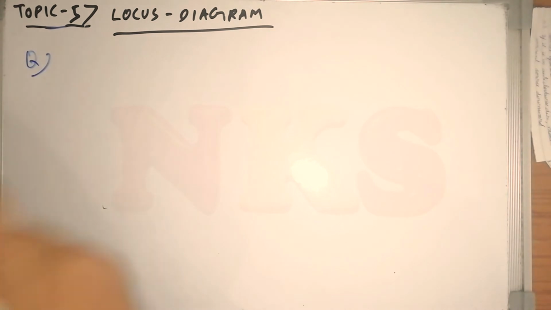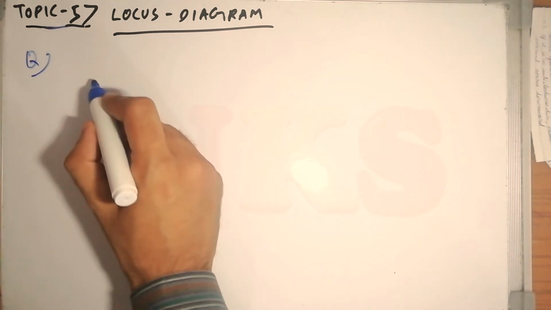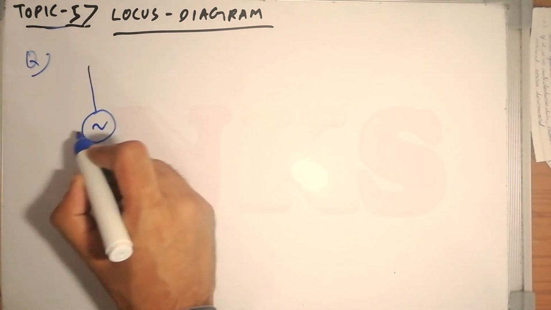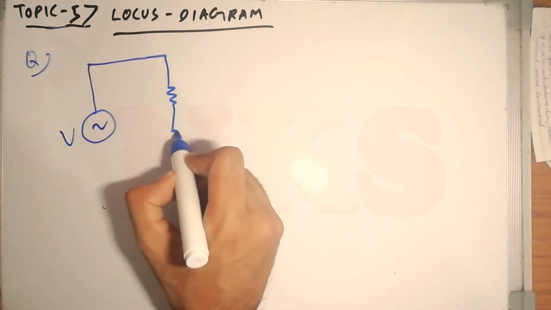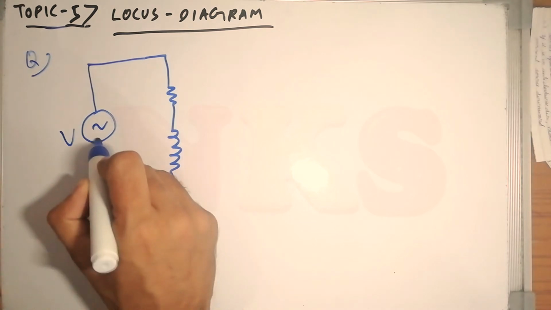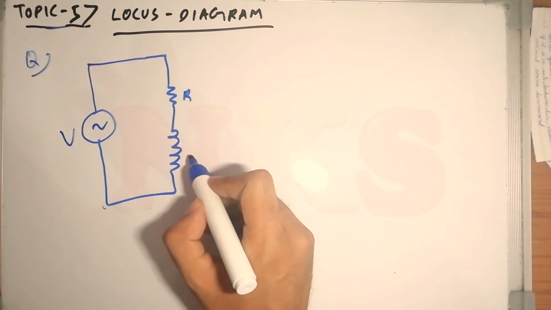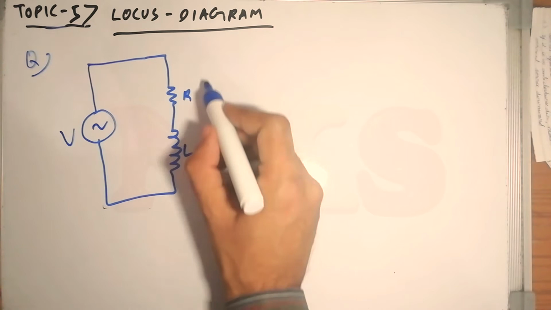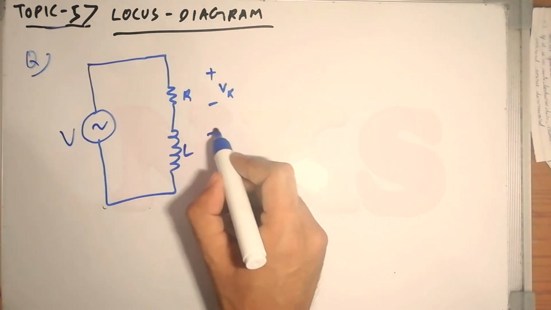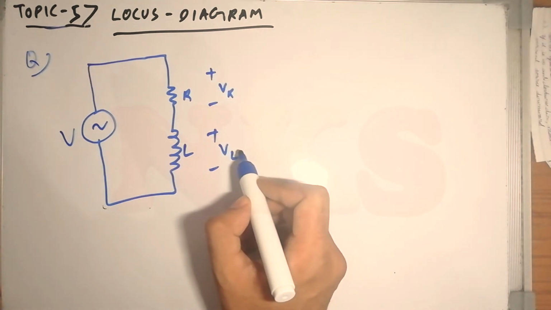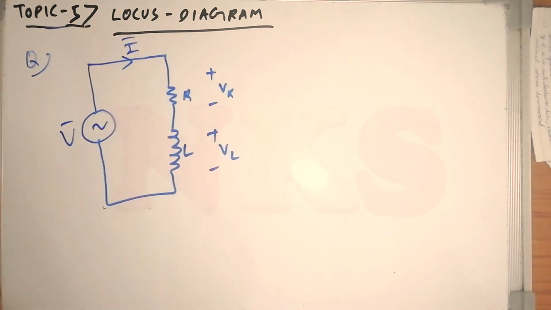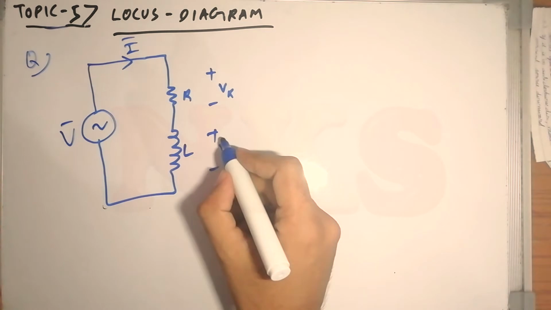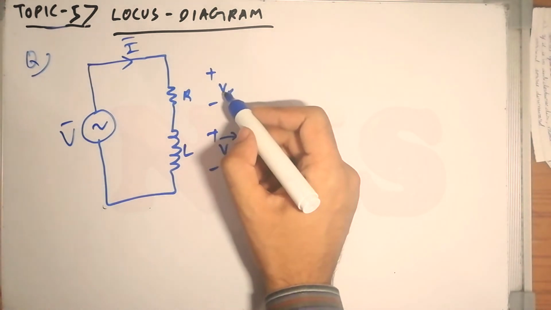It is a nice problem. Just remember your phasors should be very, very strong, so please watch those videos. So this is R, and this is, let us say, an inductor. The voltage drop across the resistance is this, and this is the voltage drop across the L. Let me say this is the voltage phasor and this is the I phasor. Obviously these are also phasors.